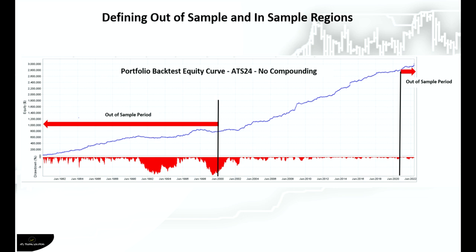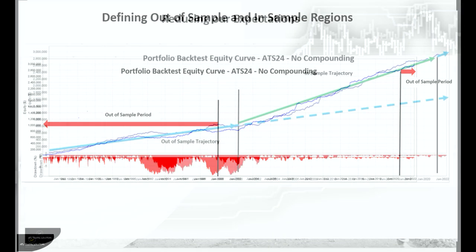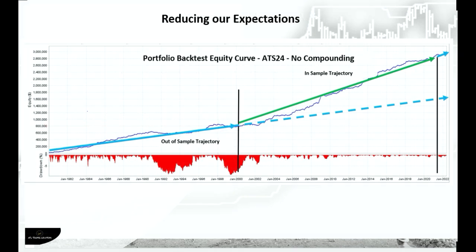And if we assess the performance over this unseen data, this will give us a far better performance guide to understand how our portfolio may perform under future conditions of uncertainty. So let's use these out-of-sample regions to turn down our overconfidence generated from the entire backtest. Reducing expectations is so important in assessing backtest performance, given the propensity of a backtest to over-exaggerate performance results. So let's have a look at the out-of-sample regions of our backtest, these areas here,